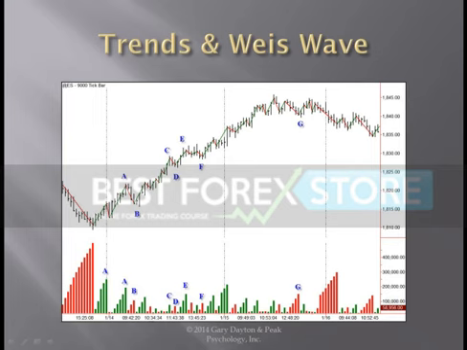Okay, so we'll just take a little bit of time and look at the Weiss wave now for a bit, just as a break. And we're talking about trends, so let's look at the Weiss wave in a trend. Here we see this market came down, big volume in here compared to what we see over the next few days. We don't have this on the chart, but we can assume maybe this was some kind of climactic action or something in there. In any event, we get a couple of waves up and nice volume coming in here up to A. Then we get a pullback, and look at the low volume coming in right around the open of the US session. And we have a very nice bar here.